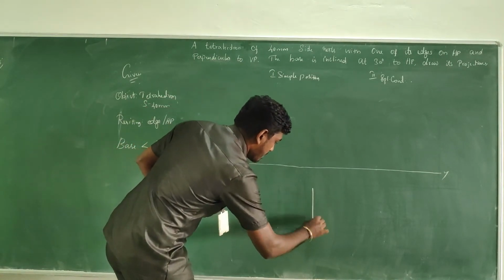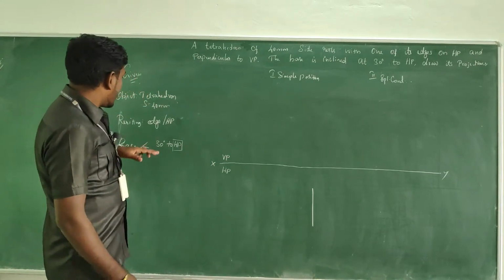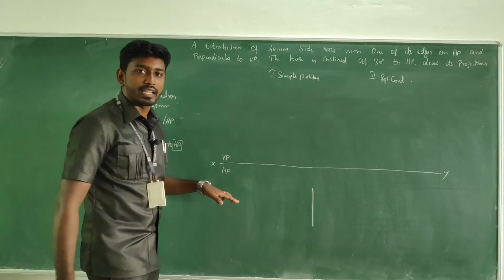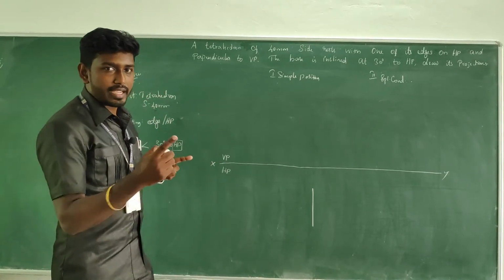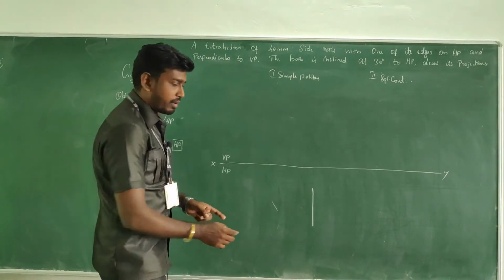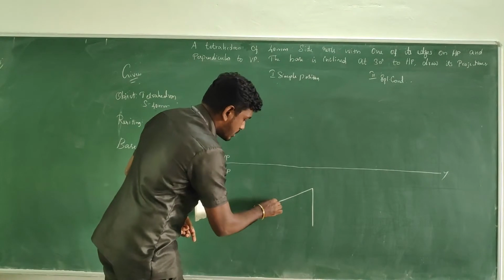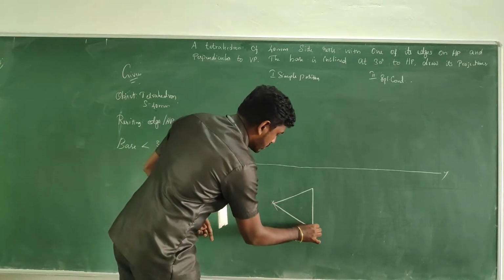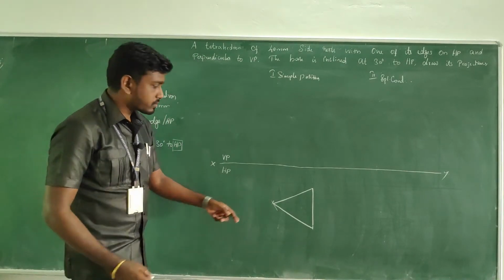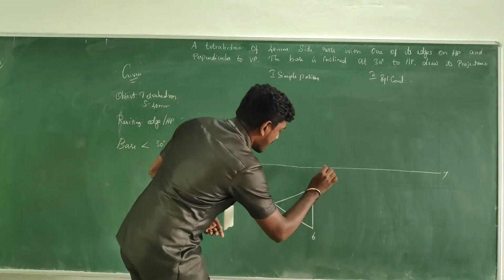The condition is the edge, so keep the edge on the right side, and the side is 40 mm. So draw this edge with 40 mm and then take 40 mm in your compass. From this end go for a cut mark, from this end go for a cut mark, so that you are able to get the true shape of the tetrahedron. I'm going to name this A, B and C.